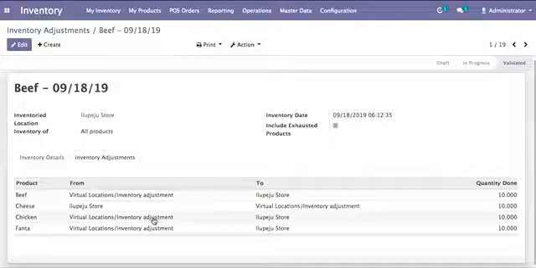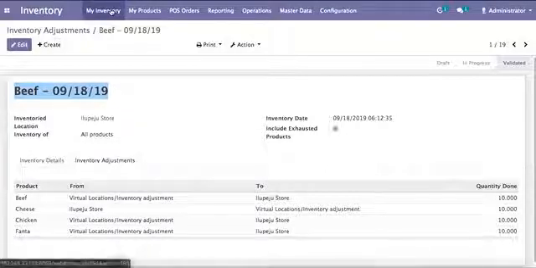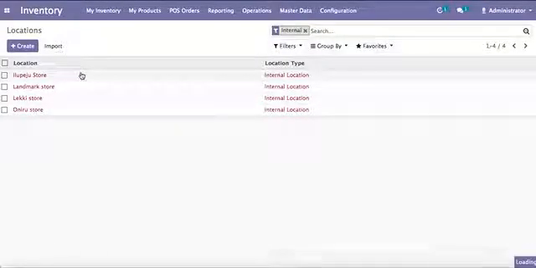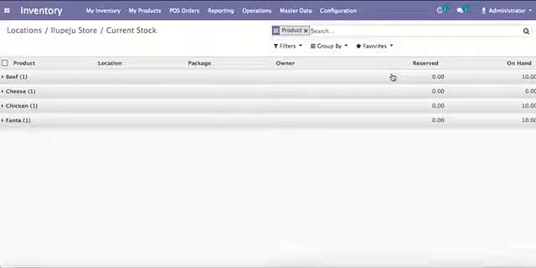This is the same thing. Oh, so this says we adjusted it as well. It just gives us a summary of what we did for this particular inventory reference. So that is that. If I go back to my inventory and I select my Lupe Juice store and I view the current products, I can see that